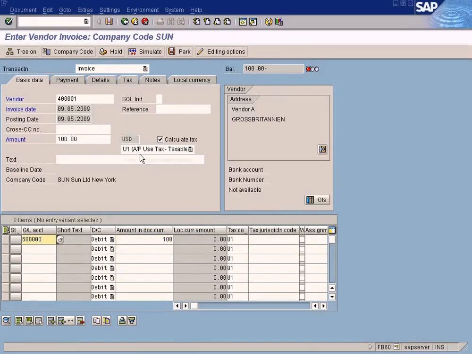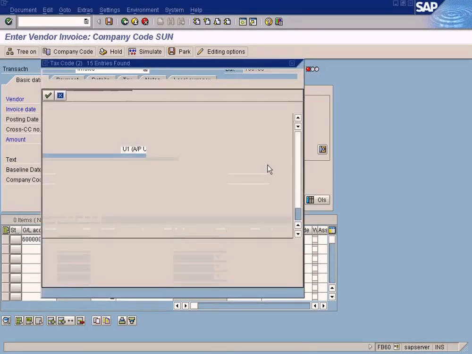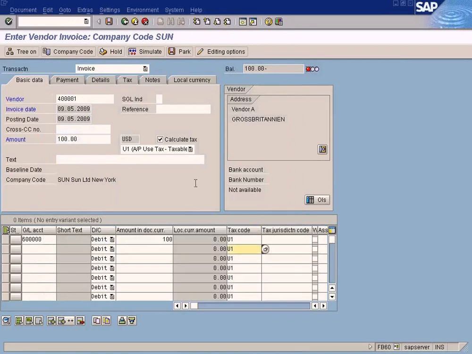If you notice here, this tax code is copied to the line item tax code field over here. If it changes to something else, the second tax code will be copied here too. Okay, these are the line item tax code. That means whatever is set here will be copied down here, but for each line item you can use a different tax code also. You can choose from this list. Alright, but now we have a problem.